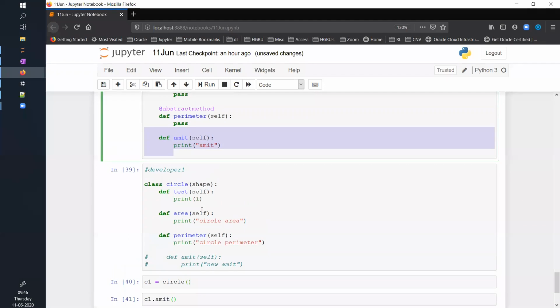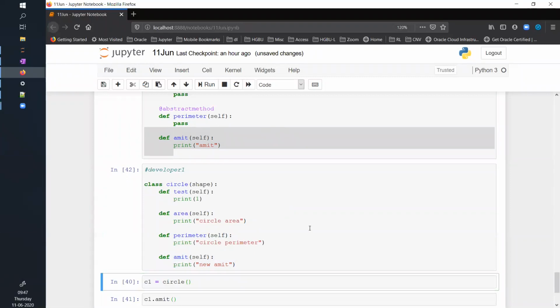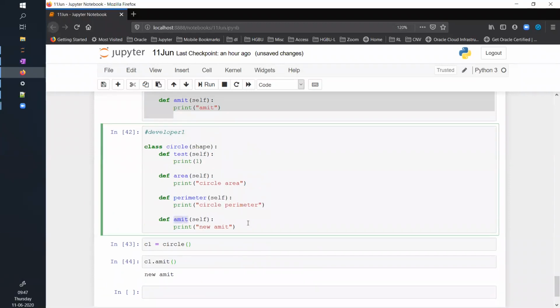I got this example when I was taking some interview some long time back, and one boy gave me that example, and I find that example really interesting. So I will share that example with you to understand it more, okay? But this is what, if there is something which is there in the parent class, it will be available in the child class, okay? You also have an option to override this functionality, and now if I run this, it will be new Amit. So same name, but I'm overriding.